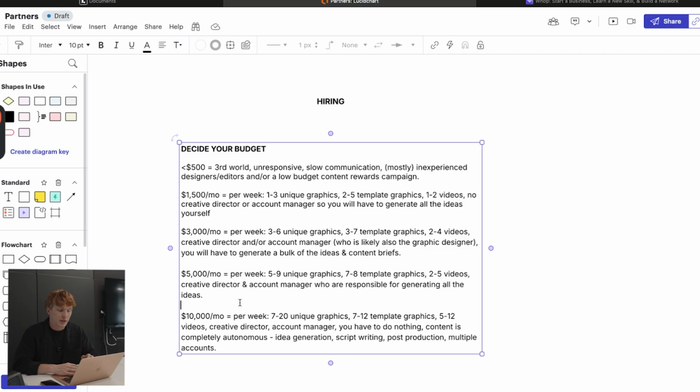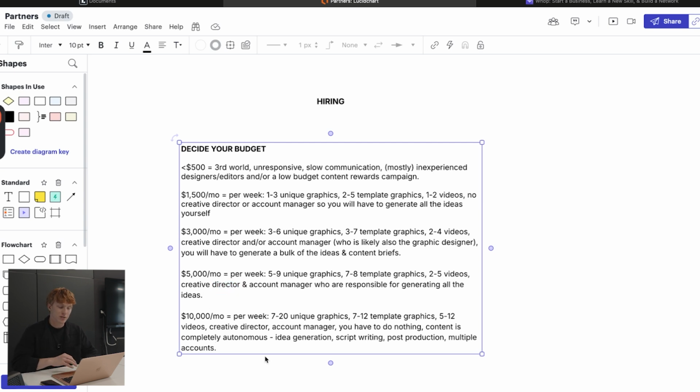So, I mean, if you're anywhere between 30 to 100K per month or more, this is probably the minimum budget for you. The reason I say this is because you have more important priorities, more high leverage tasks than planning the ideas, than managing these people. It's much better to just have them be autonomous.